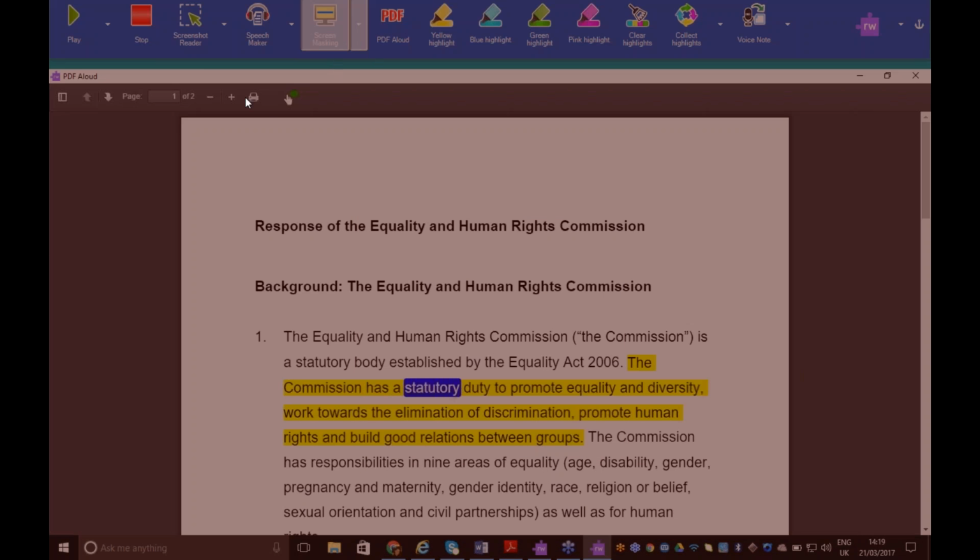The Commission has a statutory duty to promote equality and diversity, work towards the elimination of